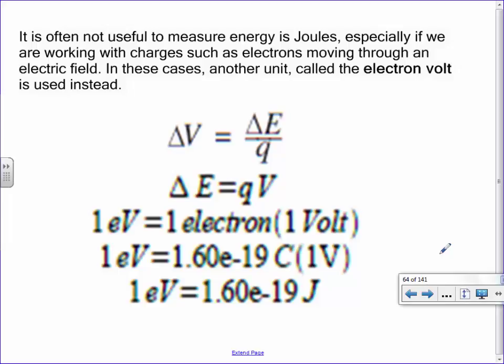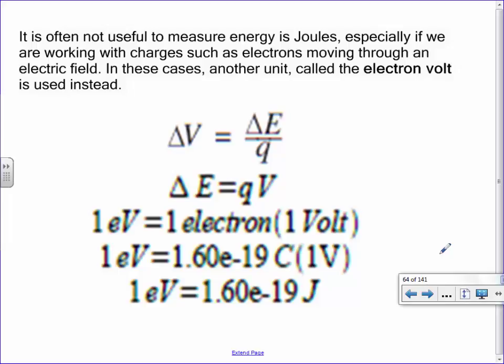And basically, it's how much energy it takes to have one electron undergo movement through a field that is powered by something that is 1 volt. So if you had a 1 volt battery, it's how much energy it could give to an electron. Say that again here. An electron volt is how much energy a 1 volt battery could give to a single electron. And it's a much smaller unit of measurement because often joules is just too much. We don't get that many joules.